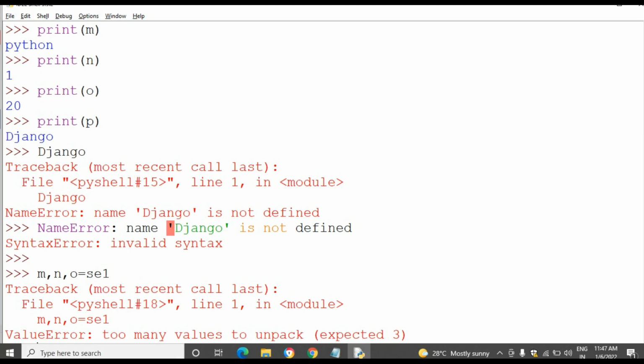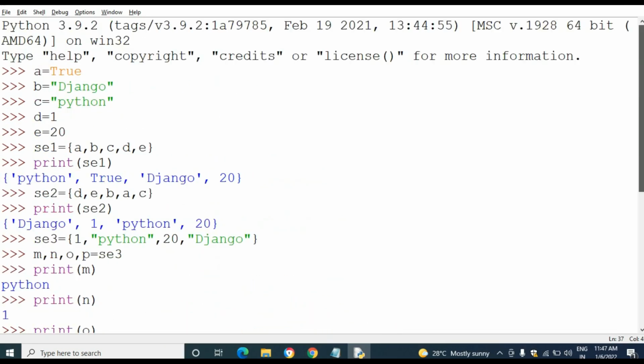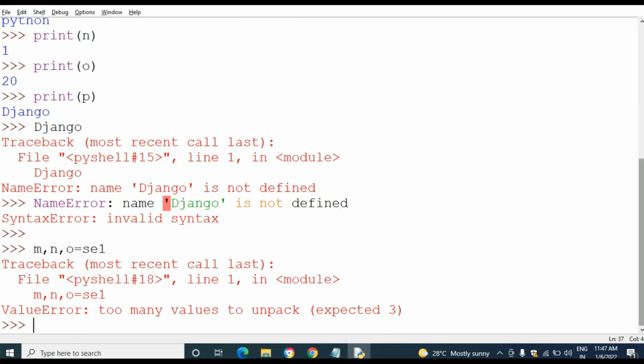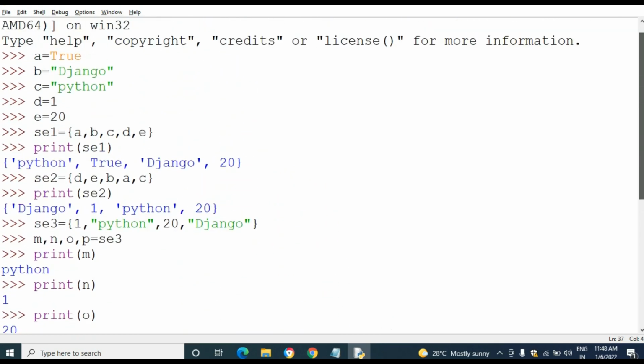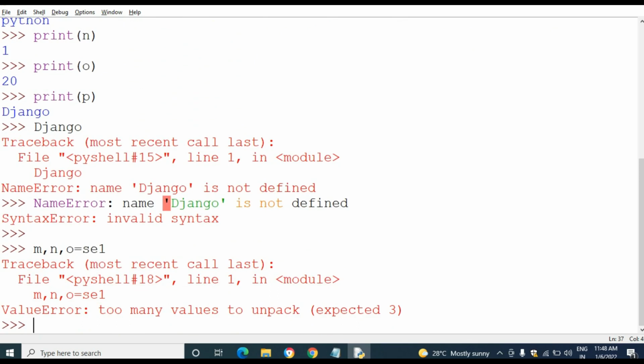See the error: ValueError, too many values to unpack, expected 3. In set1, I had taken 5 elements, but after the duplicate elimination, set1 contains 4 elements.